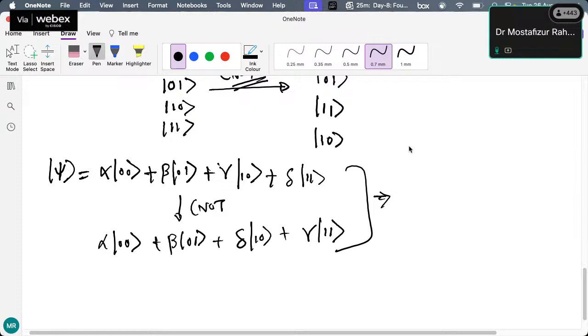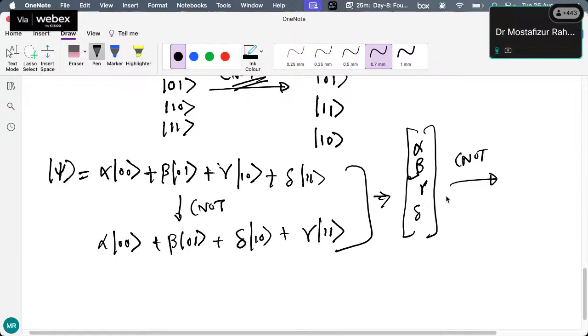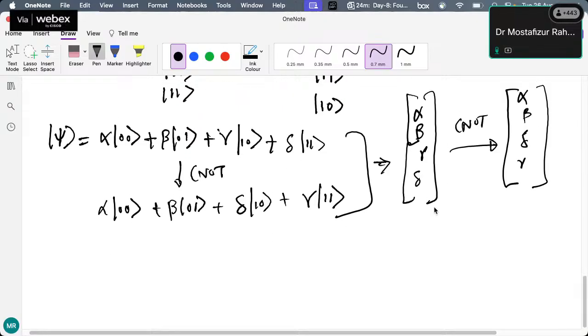So my initial quantum state was alpha, beta, gamma, and delta. This was my initial state. And if I apply the C-NOT gate in the tensor product form, I'll be getting alpha, beta, delta, and gamma, right? So this is the purpose of the controlled NOT gate, where it performs a controlled NOT operation on the qubits of the composite quantum system. Now, this C-NOT gate is also called an entangling gate, right?